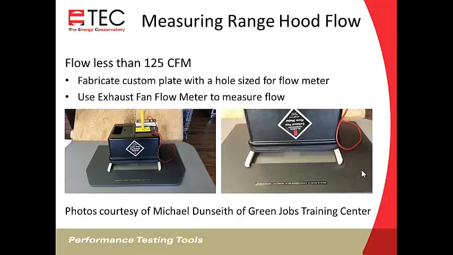You'll need to fabricate a custom plate based on the size of that opening. So if you're measuring flows in a condominium complex and all the range hoods are exactly the same, you can spend some time making a really nice tight-fitting plate, and then have a hole in it the size of the